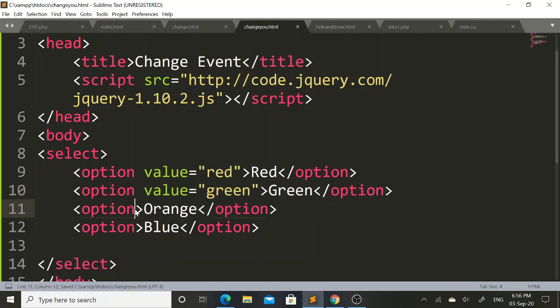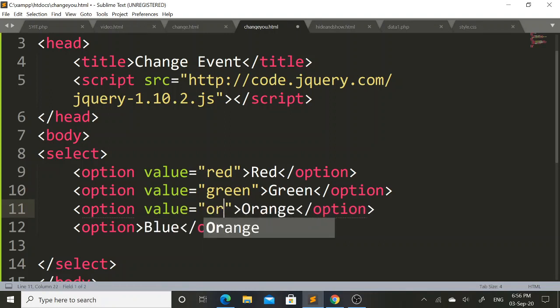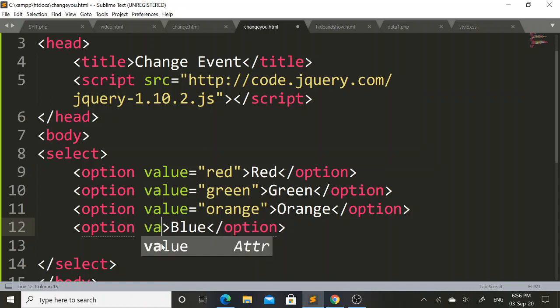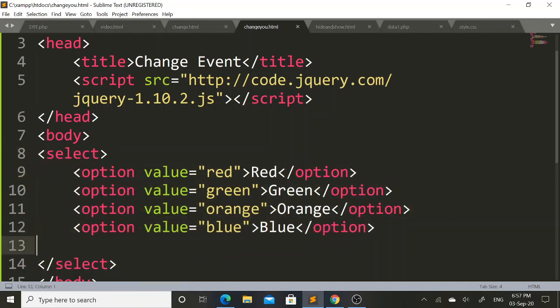In this orange option, again I will set value attribute as a orange color. And finally in this blue option I will set value attribute as a blue color. So basically I have created this drop down list to select a different color.